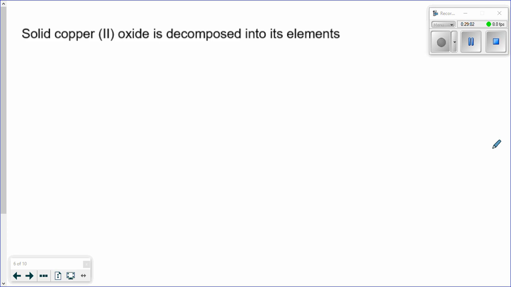Next one, so solid copper 2 oxide is decomposed into its elements. So again, it's giving us a reaction sentence. We need to turn it into our word equation, and from there, turn it into our overall equation. So copper 2 oxide. This 2 indicates that it's copper with a 2 plus charge. We know oxygen forms a 2 minus charge. So overall copper oxide, copper 2 oxide, is going to be CuO